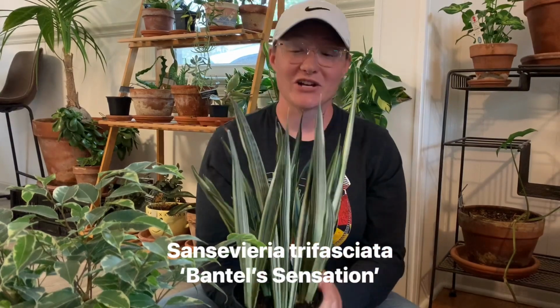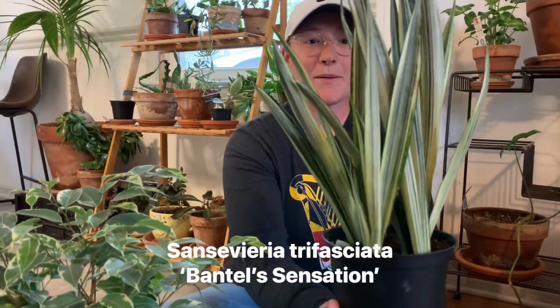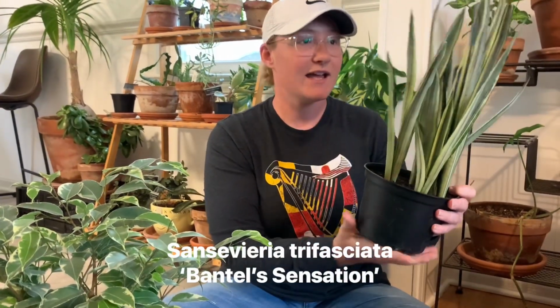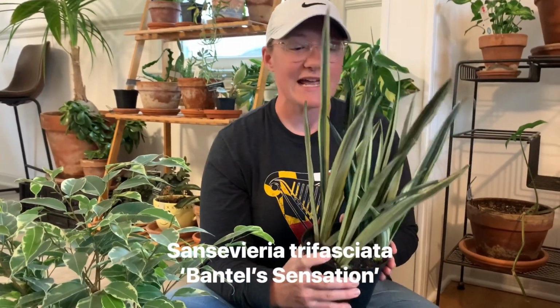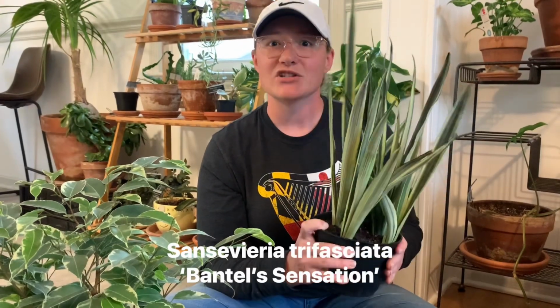So Pemberton's had this one available, and I actually saw it on their Instagram. And this is Sansevieria Bantel's Sensation. That's what I found online. They don't have the name on it, but that's what I found from all the research I did. So this is Bantel's Sensation, and I'll put the names on the screen so you guys can see their full